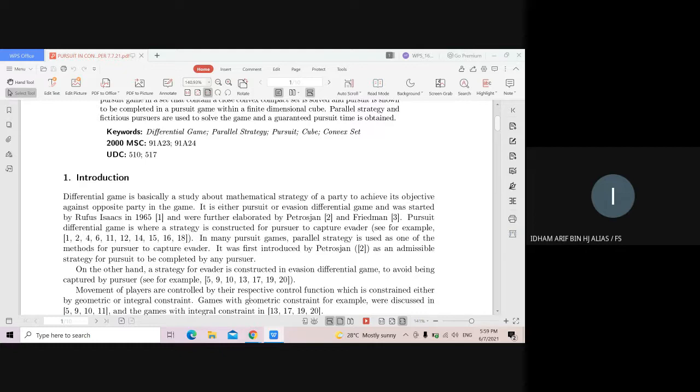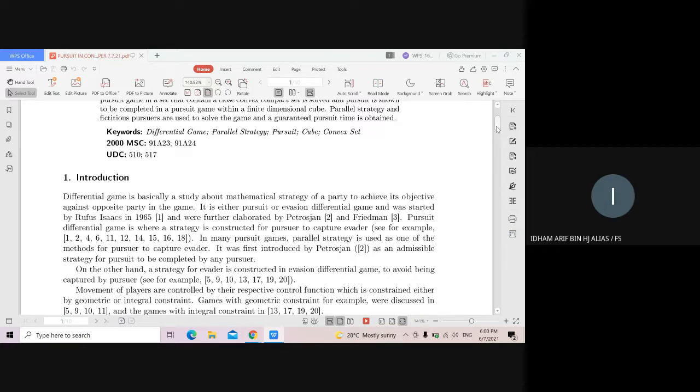On the other hand, for evasion game, we have to construct strategy for evaders so that evader can avoid from being captured, or evasion is possible at all time or in a finite time set by the game. In that case, the movement of pursuers are free, and some examples of the work are listed here.